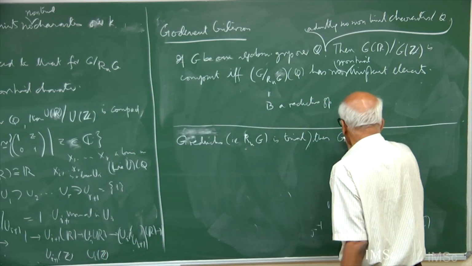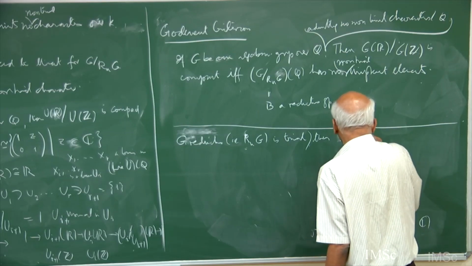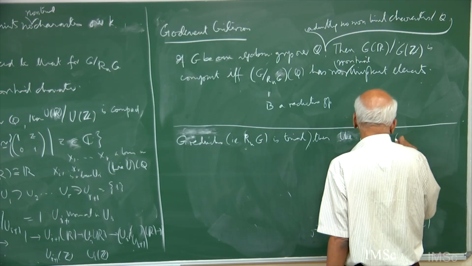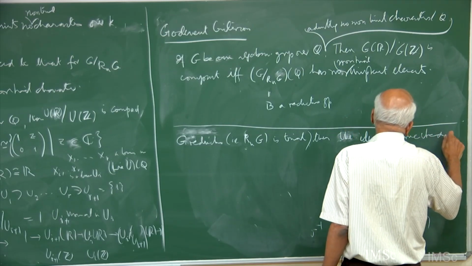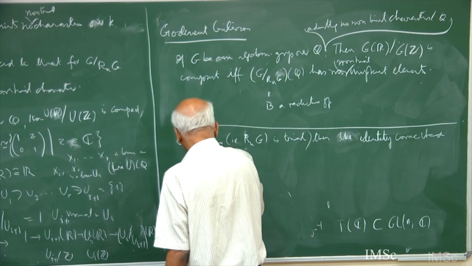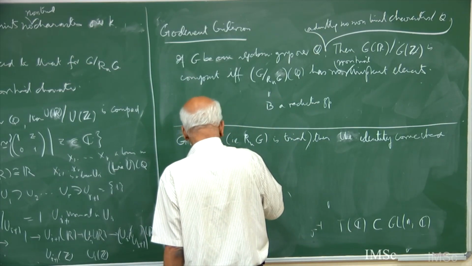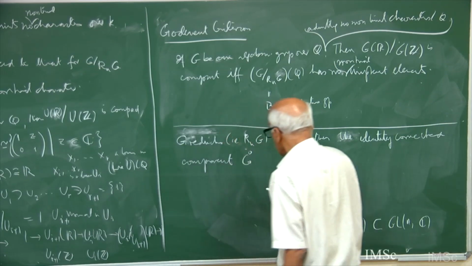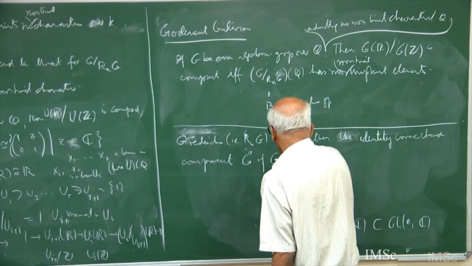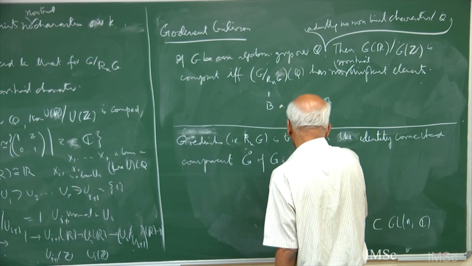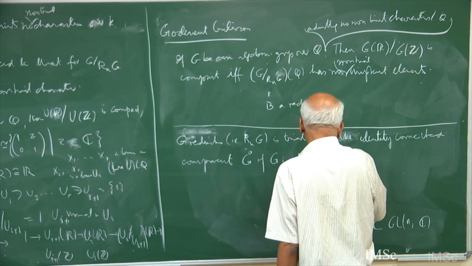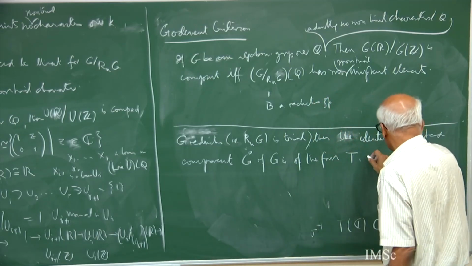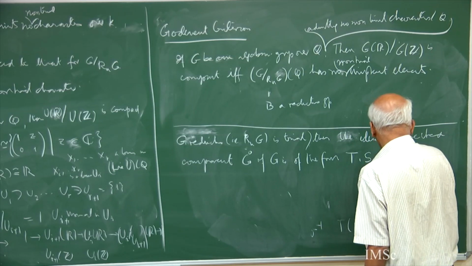Then the identity connected component G0 of G is of the form T times S, where